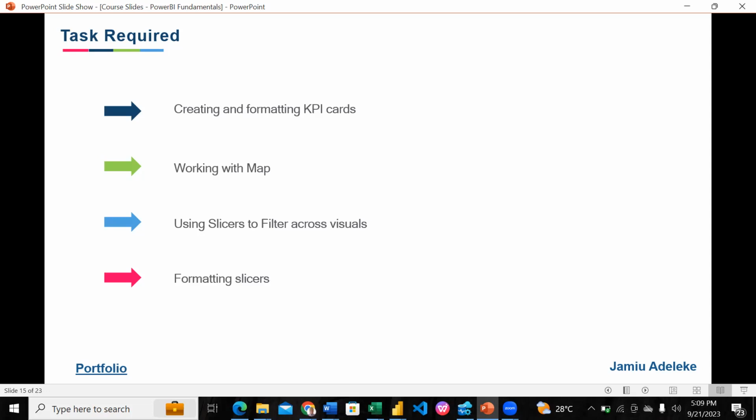visual to your slicer. Like if you don't want the slicer to touch all your visuals, you may restrict it. So how to create and format KPI cards, we did all this. And the last one was formatting the dashboard, of which we talked about text boxes, shapes, and we also explained